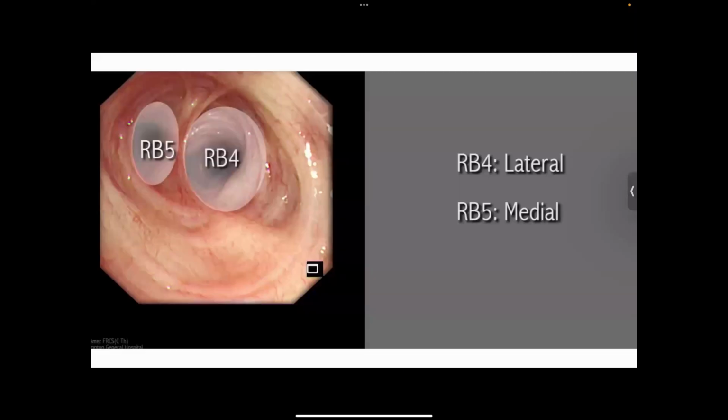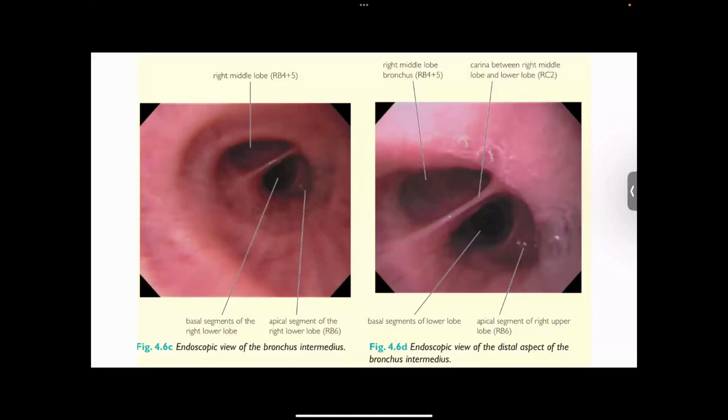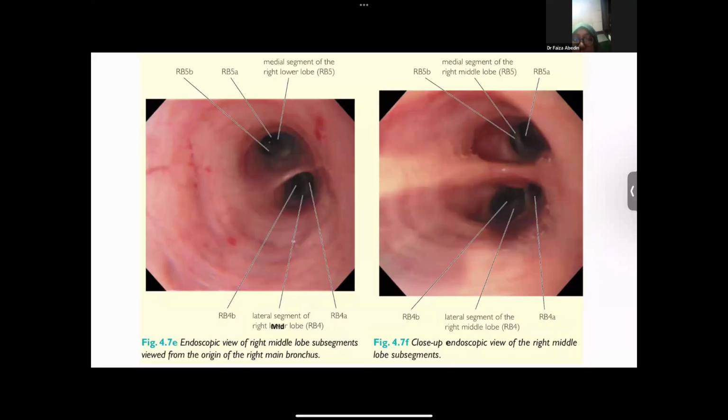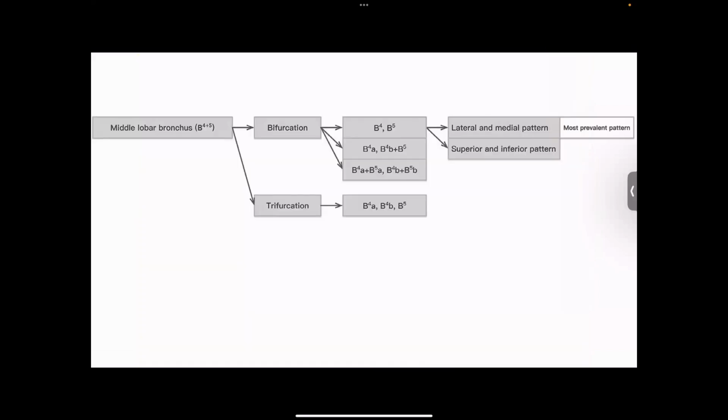We can see all of this stuff in the bronchoscopic picture also. We are working from the right side. So the lateral segmental bronchus of the middle lobe bronchus will be located laterally and the medial one medially. So there's the B4 and B5 in the bronchoscopic picture. In the same way it has been shown here also. So in the middle lobe bronchus,